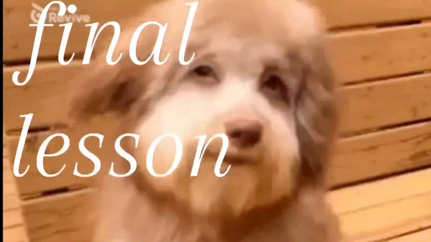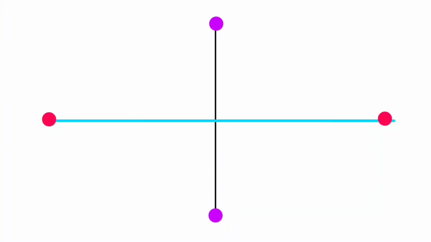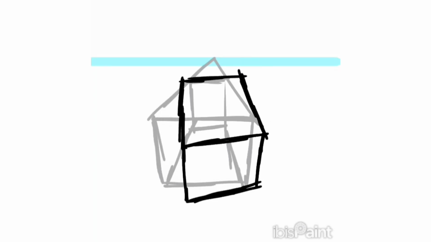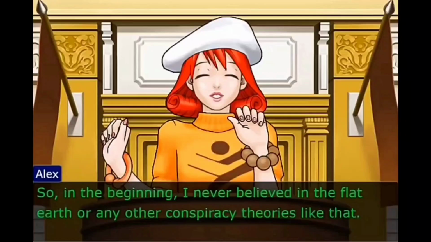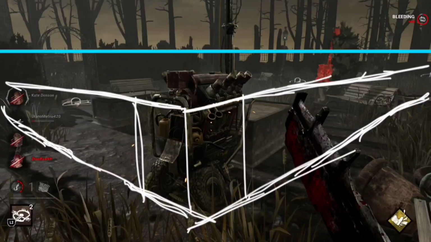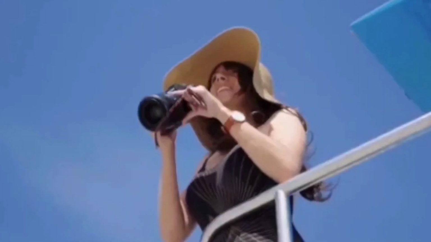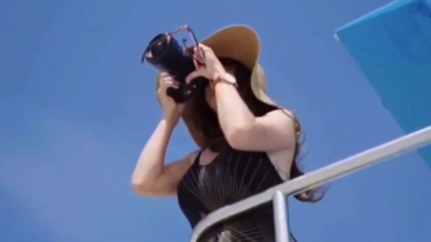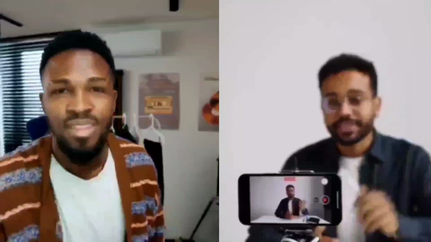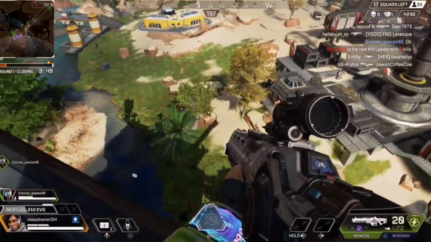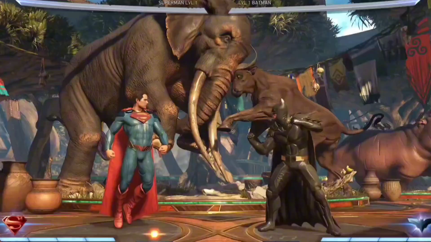Final lesson. All these vanishing points now collected on a grid can now be used to rotate, tilt, animate, and illustrate your subjects. The 3 and 4 point perspective represents height, and 2 point perspective represents width. I find it easy to think of drawing perspective as if I was filming a video. First, you need to set up your camera angles and heights. A couple of examples of these angles would be bird's eye view,